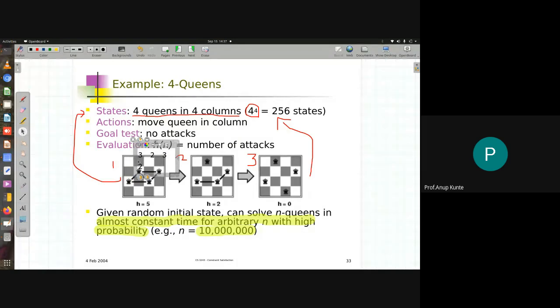Where is the straight sheet? It's not getting stretched, sorry. So this is exactly what this particular thing would look like. There are 4 variables and each has a value: 3, 2, 3, 2. All 4 variables have been assigned the row number in which the queen will be in that column. Okay, so this is a complete assignment.